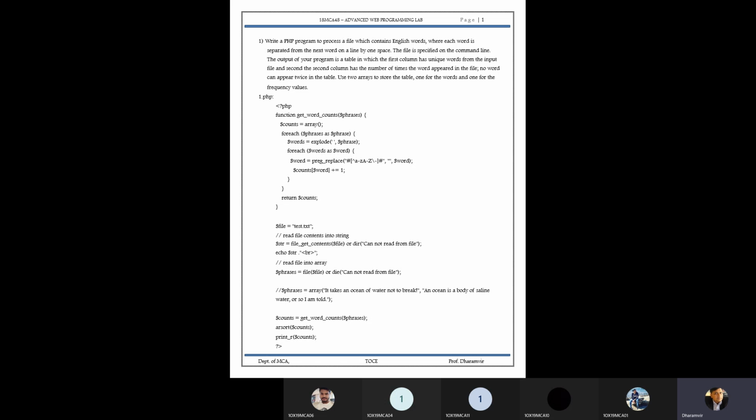What are we searching? We are searching dollar word. Where have we defined dollar word? We defined dollar word at the top, you see: foreach dollar word as a dollar word. So that we are going to count equal to 1. What is the 1? A space. That means the count. They are going to count 0, 2, 4, 6, etc. So one count they are going to increase.